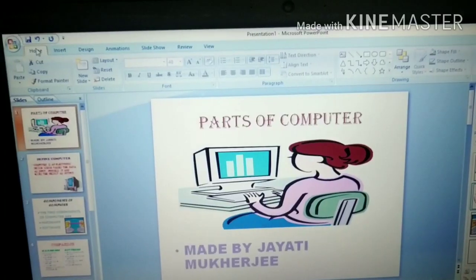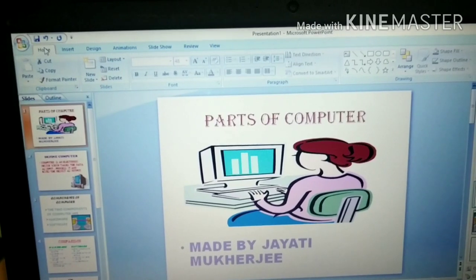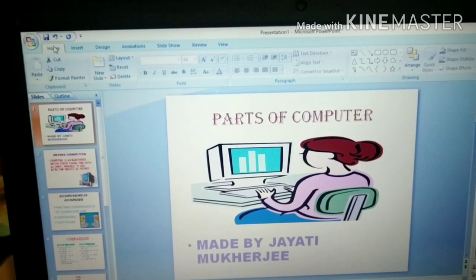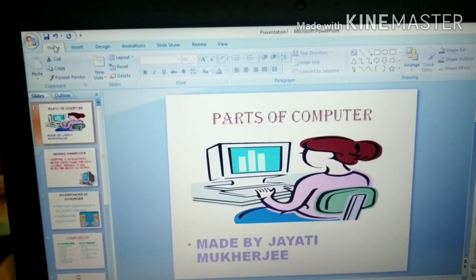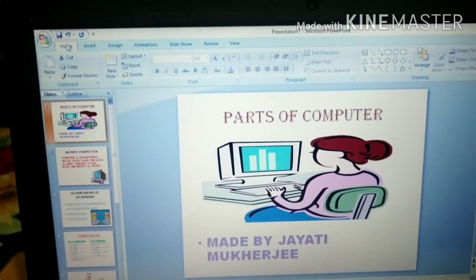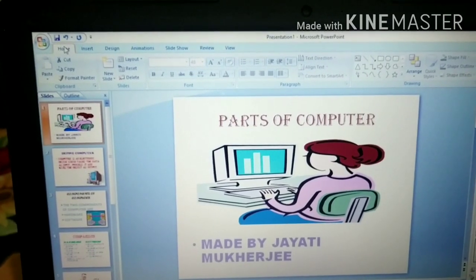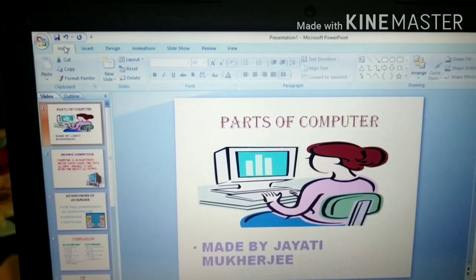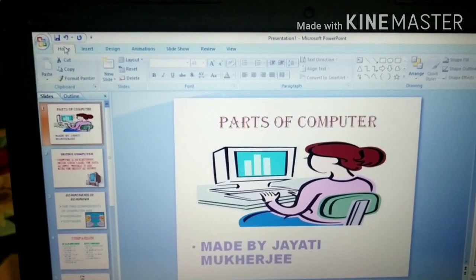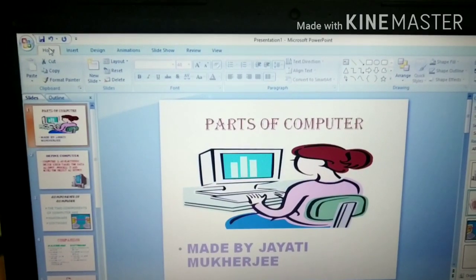Once your slides are ready, the next step is to view the presentation. The process of seeing the slides one after the other is known as slideshow. This slideshow can be done in two ways: either by clicking on the slideshow tab and starting from beginning, or by pressing the F5 key.